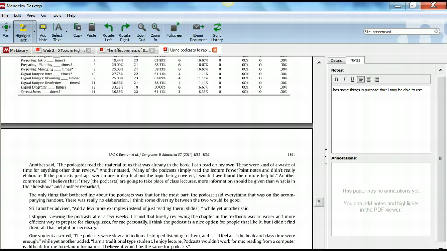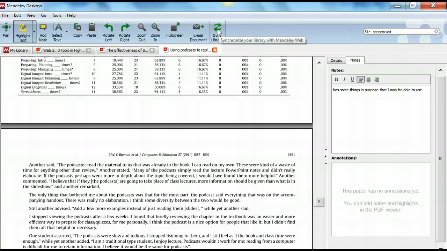Now, another key feature of Mendeley is you can sync your library. So not only is your library of documents and research information on your computer, it's also on the web, so you can access it from multiple locations. There's also an iPad app. The reviews on that aren't quite so good, so I don't think it's quite iPad ready. But just the fact that you can sync your library, access those documents with your annotations and highlights on them